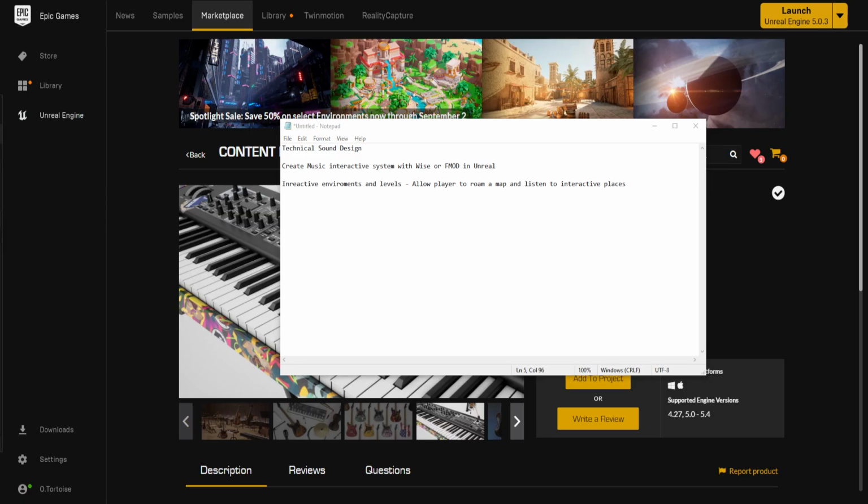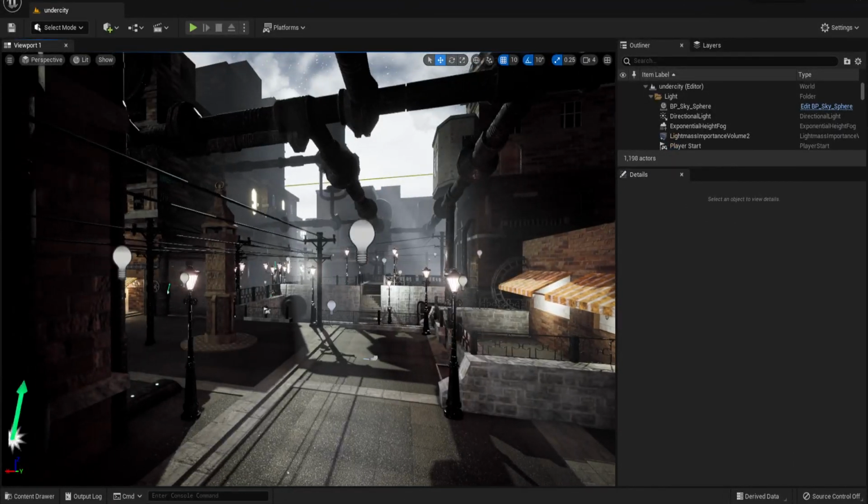We do have the cyber map up here. I'm kind of curious how it looks.